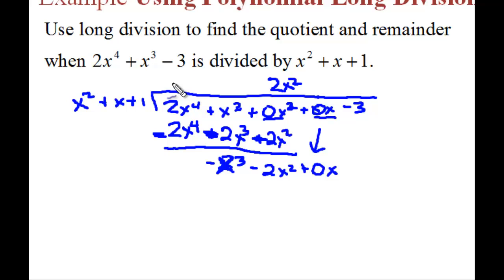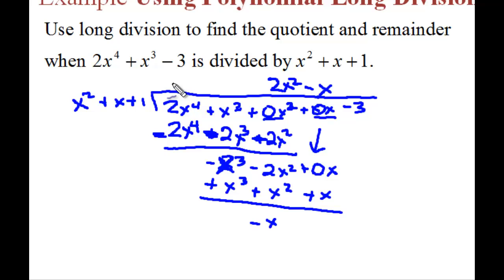X to the third goes into negative x to the third, negative x times, and notice the x lines up with the x. Multiply, we get negative x to the third minus x squared minus x. Draw the line, change the sign. The first term will cancel out, and we get negative 2x squared plus x squared. We end up with a negative x squared plus x, and we bring down the negative 3,